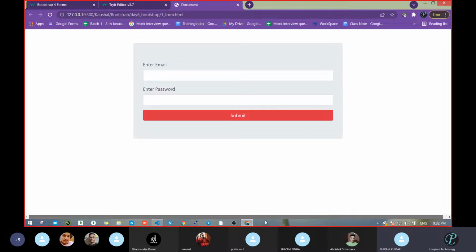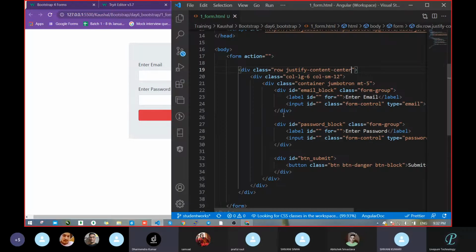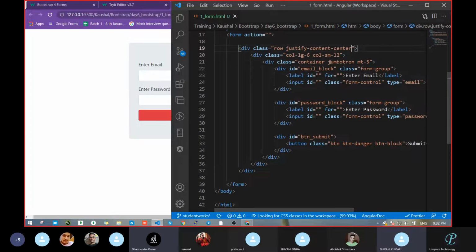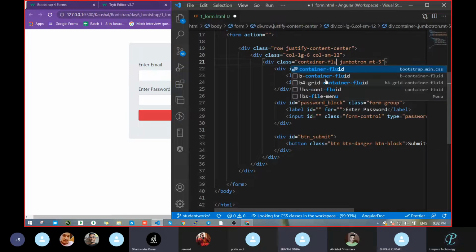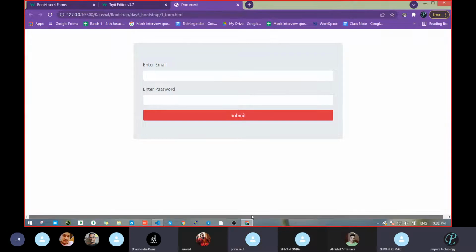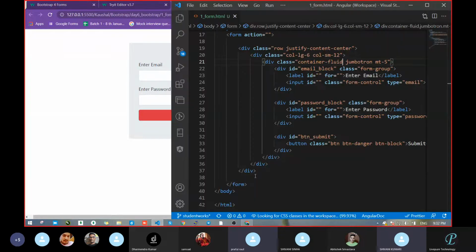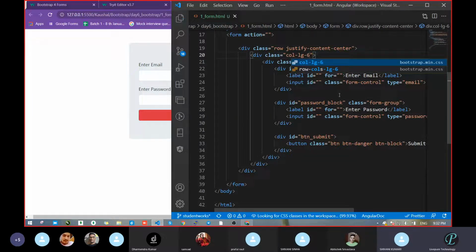Scroll bar on the bottom. How did this come? Because of the container, sir. We have to take container-fluid. Let's see. Yes. But again, the same. Sir, you used column 6 and 6 and 12, so this side can come in the middle. So this is the error on column LG-6. Actually it was from the previous itself. I think maybe something happened here.